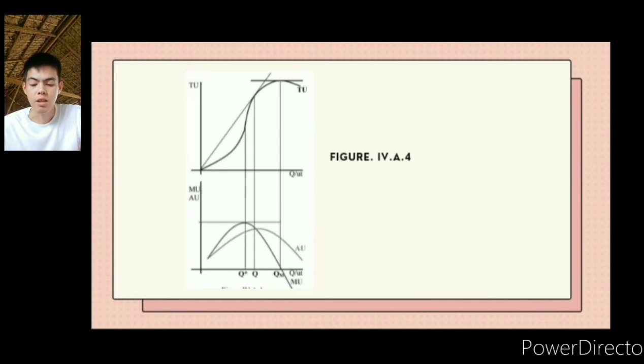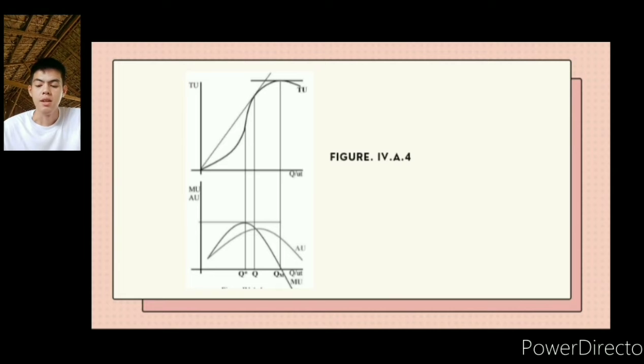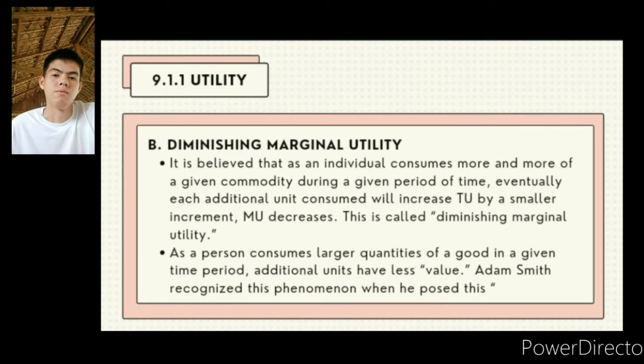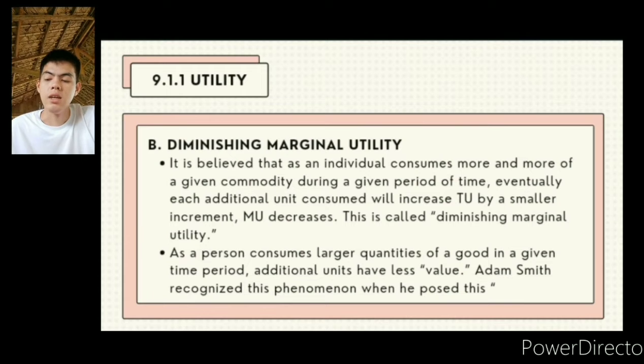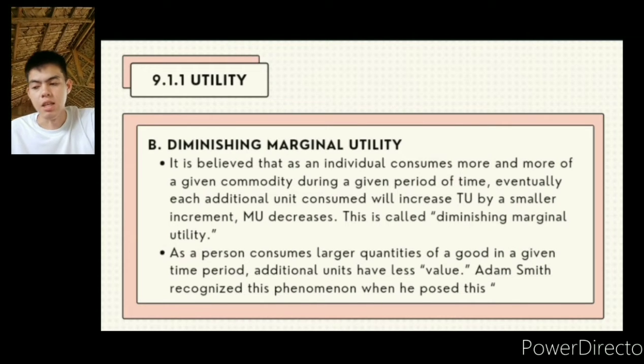the QM in the figure, that the total utility was aligned, it means the total utility is in maximum point. At that moment, the slope of total utility is 0. In short, the marginal utility is the slope of total utility as we see in this figure. Then, let's proceed to the diminishing marginal utility.